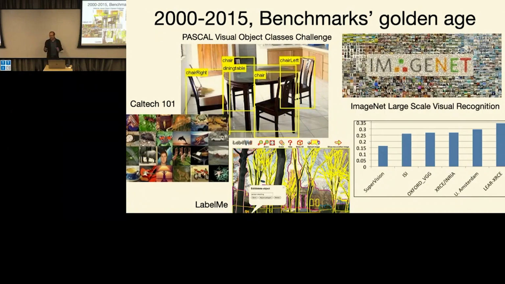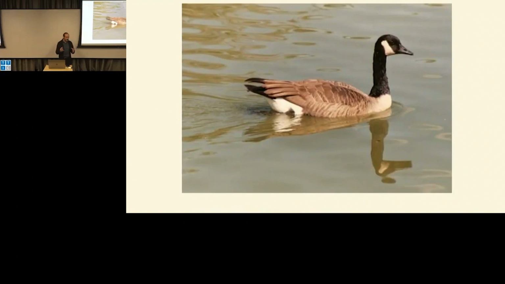So let me start by telling you that some of the things that Greg has been talking about are pretty old works, and it was a fantastic time. It was what I call the benchmarks golden age, around the year 2000 to 2015, where everybody was collecting data, annotating images, and we could actually measure the performance of systems. And then you could take a picture like this one, run the state-of-the-art object detection system. It will tell you there is a car over there, and it was great. It was fantastic. Everybody knew that it was wrong, that you could do better than this, and everybody was happy. We are not living in that time anymore.